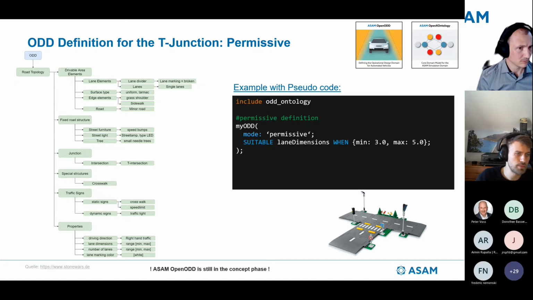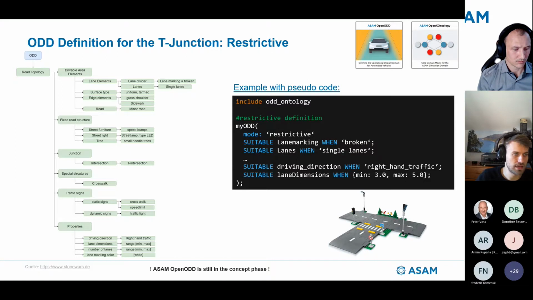Yeah, so this would be the permissive mode. But usually you won't have an ontology that just covers your domain you want to define. So we definitely have to have the possibility of defining a restrictive ODD or using a restrictive development approach. And here we would include our ontology, same as before, but set the mode to restrictive. And then we can allow what we want, or what would then define that intended design domain where it is